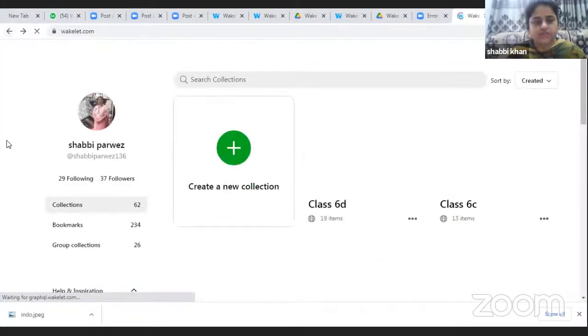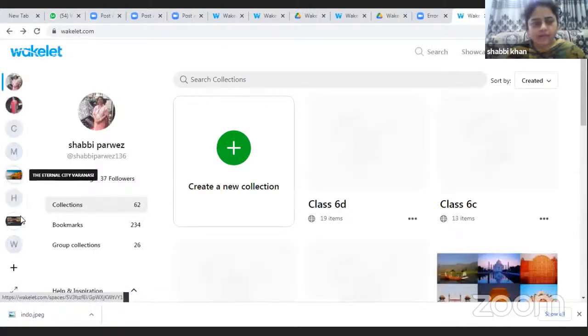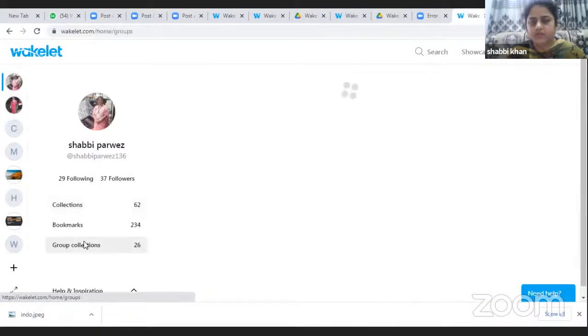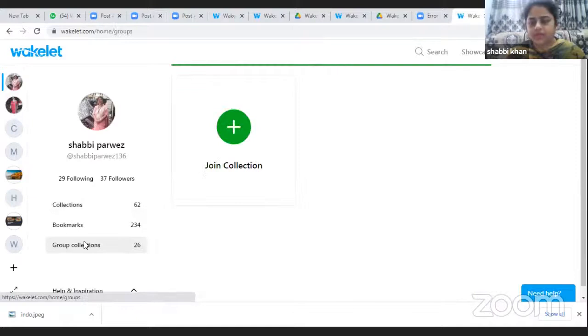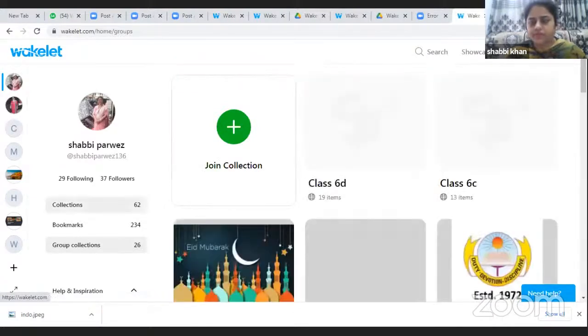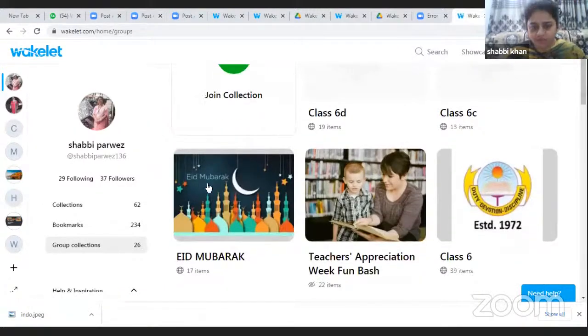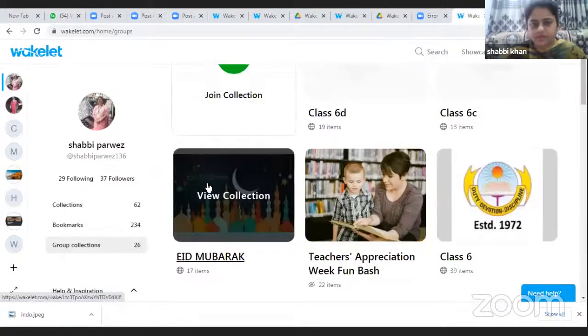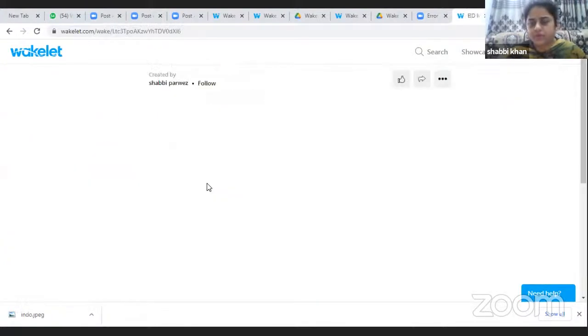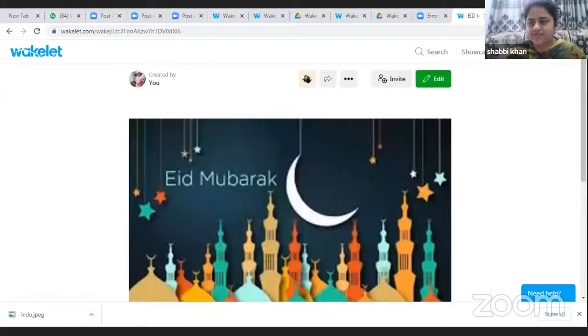This is my collections. I have created all my collections here, and I have collaborated with other educators in the group collection. See, these are the group collections which I have received here. These are the group collections which I have asked for. Like, I made a collection on Eid, which was last month. So our educators around the world added their way of greeting, their celebrations, by